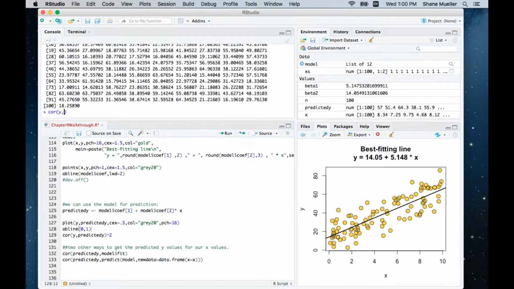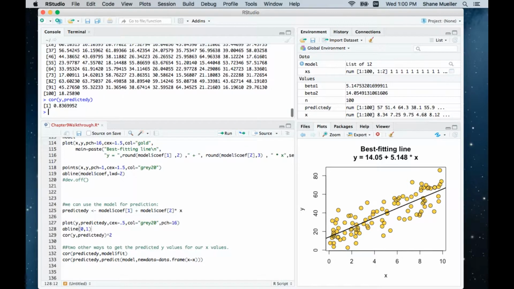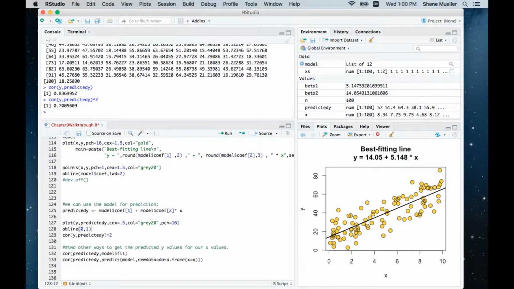So if I correlate y with predicted y, it gives me a correlation of 0.836. And if I square that, it gives me the r squared of the model. So the r squared here is 0.7,